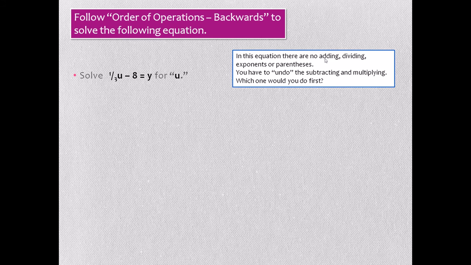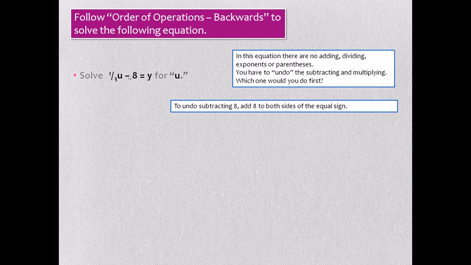Is there any adding going on? No adding. I don't have any dividing right there. I got multiplying 1/3 times u. No exponents, no parentheses. So where do I start? I need to undo subtracting first. Because we can't do multiplying because we're doing order of operations backwards. And the opposite of subtracting 8 is to add 8, and we do it to both sides of the equal